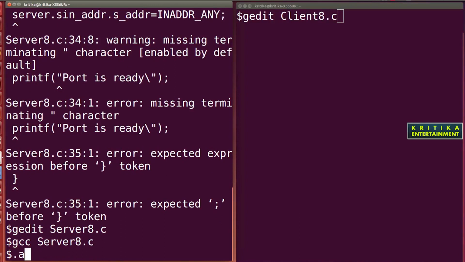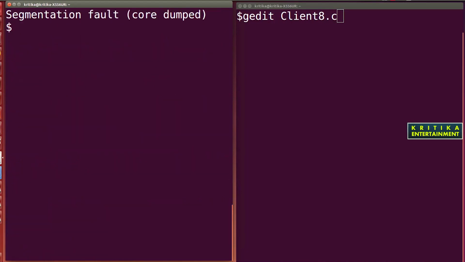Successful. ./a.out. Okay, then it will display segmentation fault, core dumped.